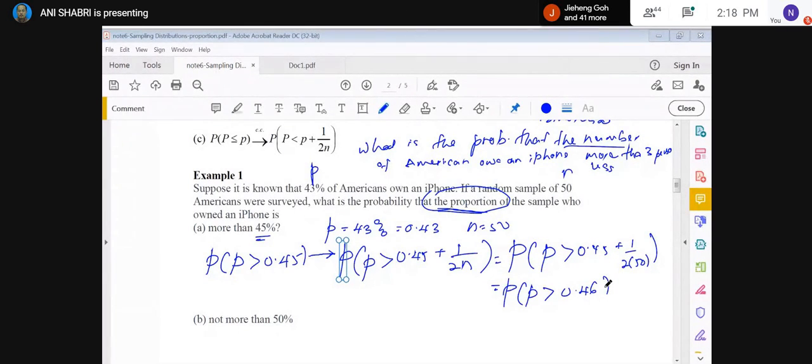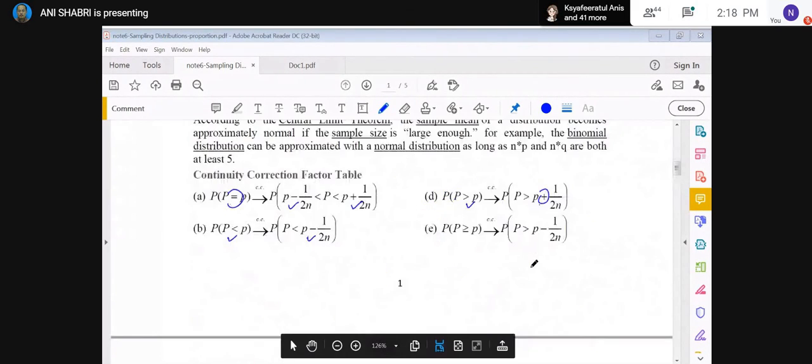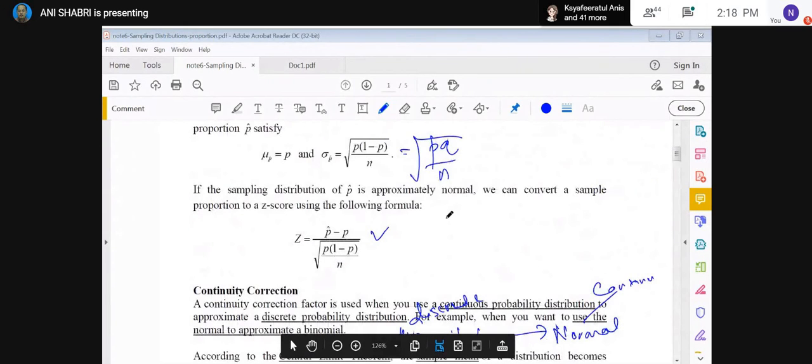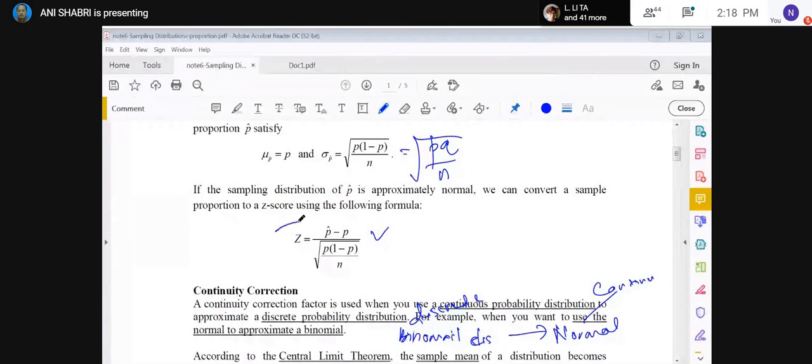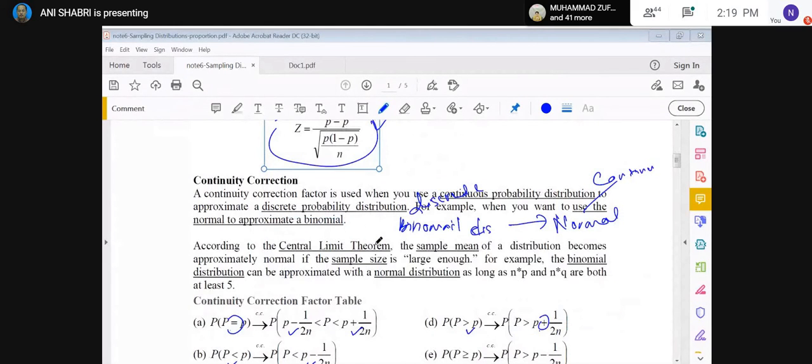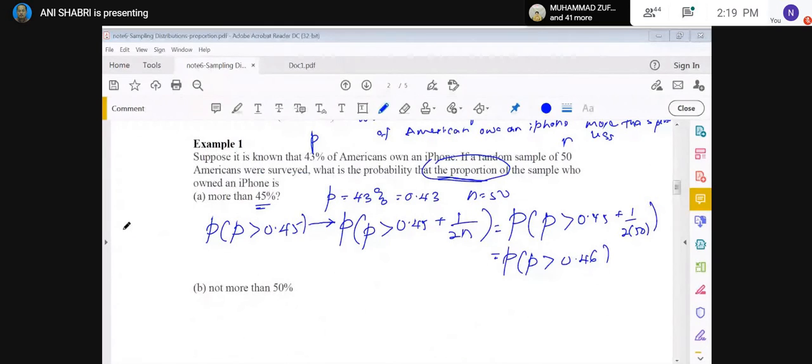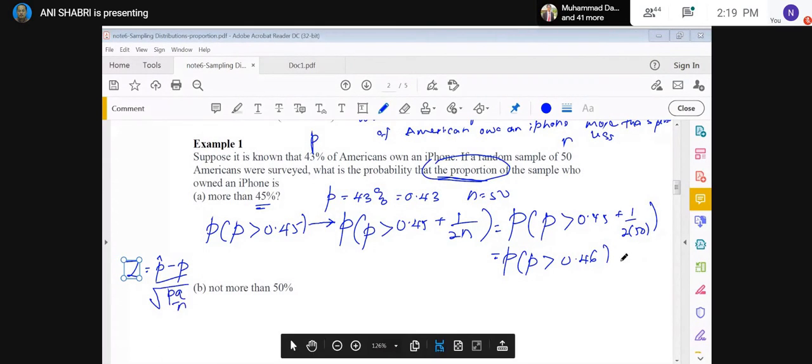Correct. Okay, this is not finished yet. After this, we use the new formula. We must use this formula. Okay, using this formula we can get: I just write again, Z is p hat minus p, divided by the square root of pq divided by n. Okay, for this one it is equal to P, Z greater than